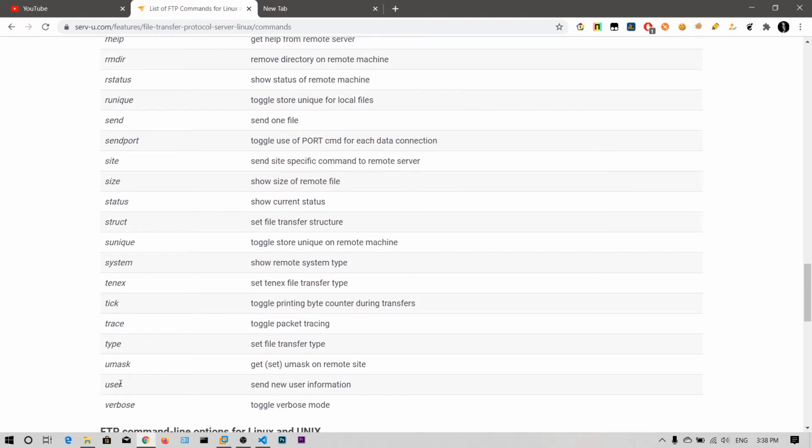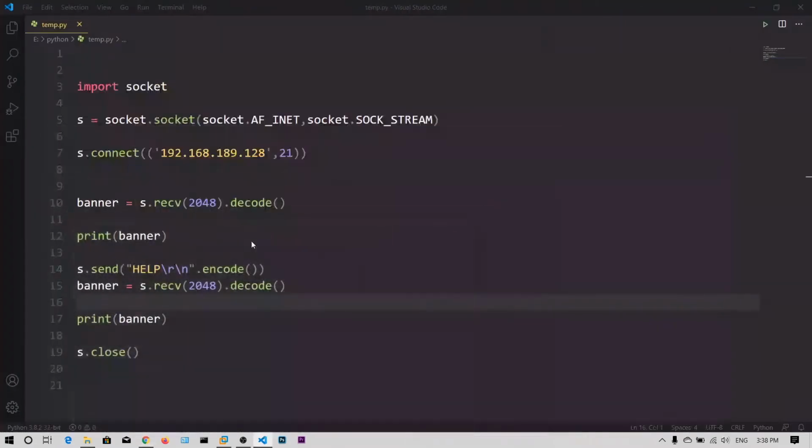For now I am going to use the user command. This FreeFloat FTP server also has a vulnerability in the host command, but we are going to use the user command.